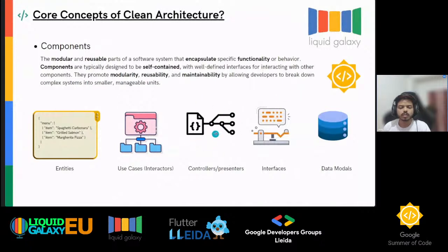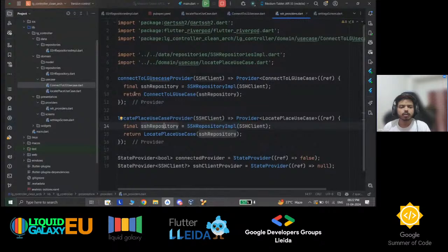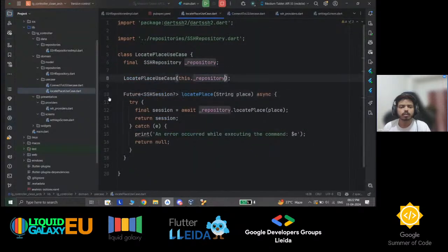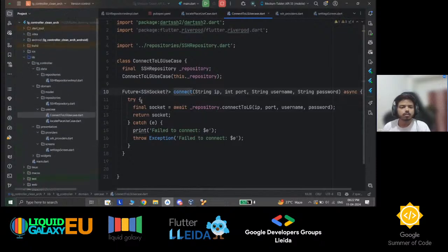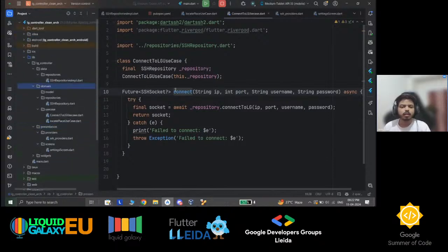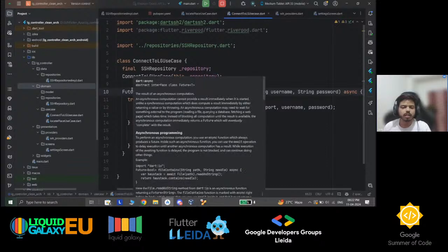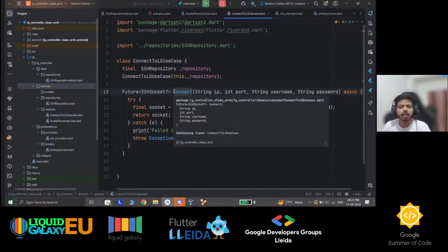Yeah, these are the controllers or presenters. So it basically helps you communicate between each of the sections. So this connects to the LG use case and locate place use case, etc. So here you have the LG controller, then data, domain, and presentation. Okay. So whenever you are creating a project, try to implement this functionality inside of your application, as it really